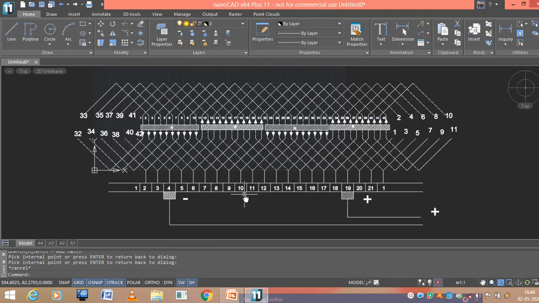Double layer simplex wave winding diagram. Remember, if you get a fraction of pole pitch, you need to distribute the conductors in a balanced way, what we did now. It need not be rounded off, okay, and then the back pitch and the front pitch value should be an odd integer, so it is almost equal to your pole pitch value. Yeah, so you got pole pitch 10.5, therefore the back pitch and the front pitch is equal to 11. That is nothing but your commutator pitch. Thank you.